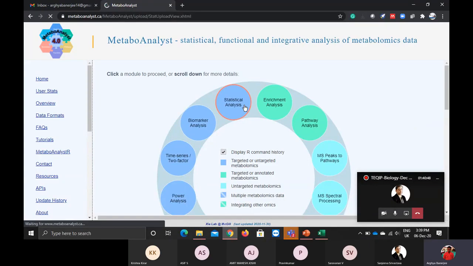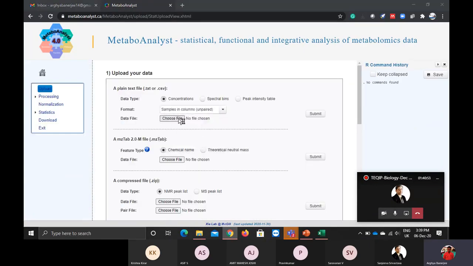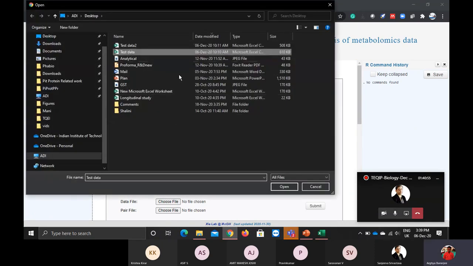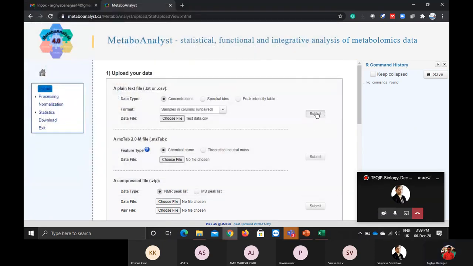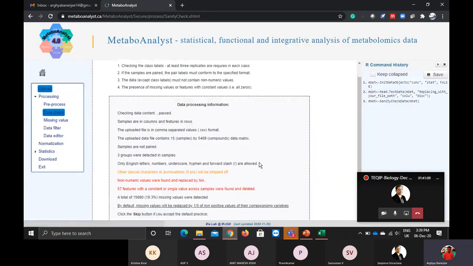I will do a statistical analysis where I will load my data, columns unpaired. Choose, I will select the test data. I will do a submission of this. This takes only 10 to 15 seconds.